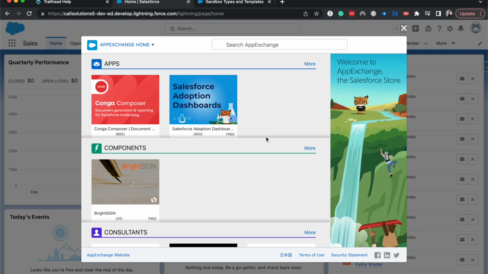And these are going to be bigger items within your Salesforce org. Currently there's Conga Composer, which helps you do more robust contracts and different documents, and you can bring in different packages from different companies. You can see we have Salesforce adoption dashboards, which helps you bring in a bunch of reporting tools about adoption. But essentially, these are possibly different, bigger pieces of functionality that have already been developed and you can bring into your org, like a project management system, or maybe you want to have experiences laid out,